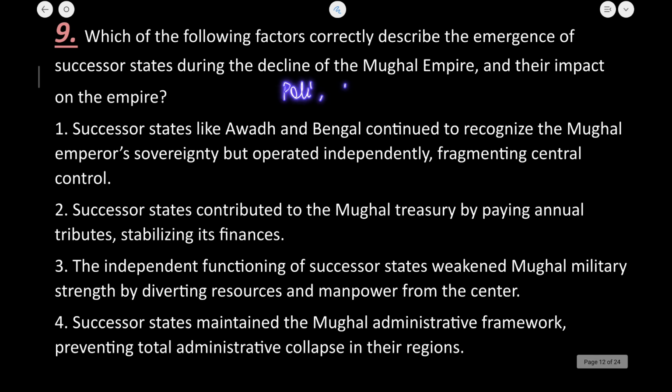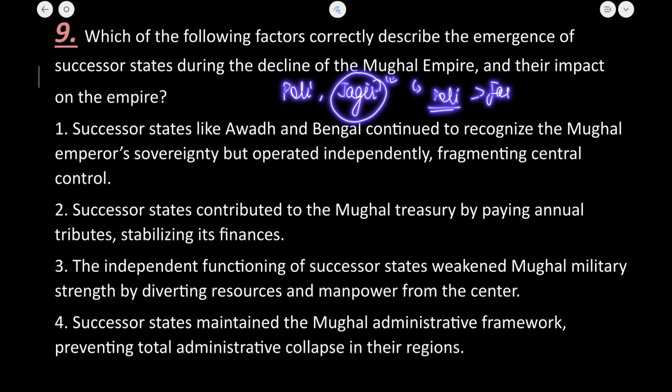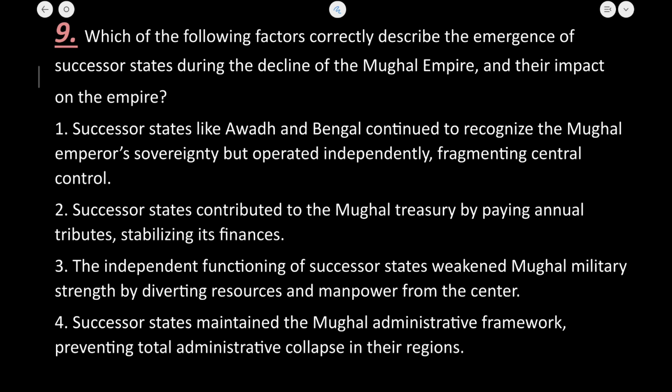The crisis of जागीरदारी which we have discussed in the above question, the crisis of जागीरदारी was also there, and then ultimately political influence, the farmans that were provided by the Mughal emperor to the British East India Company, the European companies से जो challenge मिल रहा था, that was also a reason, and incompetent rulers of the Mughal empire, these was also among one of the reasons. So stabilize finance नहीं हो पाए थे। सेकेंड स्टेटमेंट हमारा इनकरेक्ट है। Let us see the third statement.